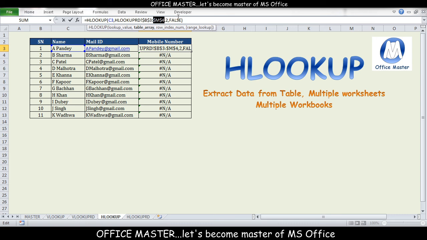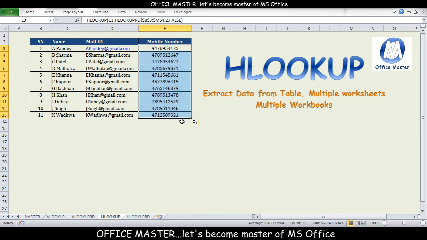Directly by pressing F4. Okay, enter. Now we can drag this formula. This will work perfectly fine. As you can see, we have received all our mobile numbers here from that table using the HLOOKUP formula. So this is how HLOOKUP works.